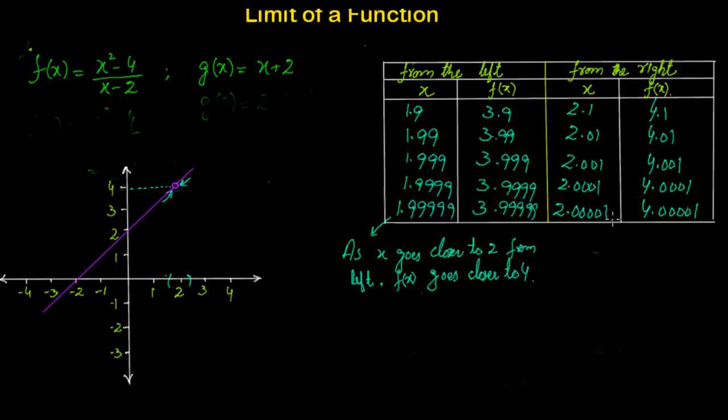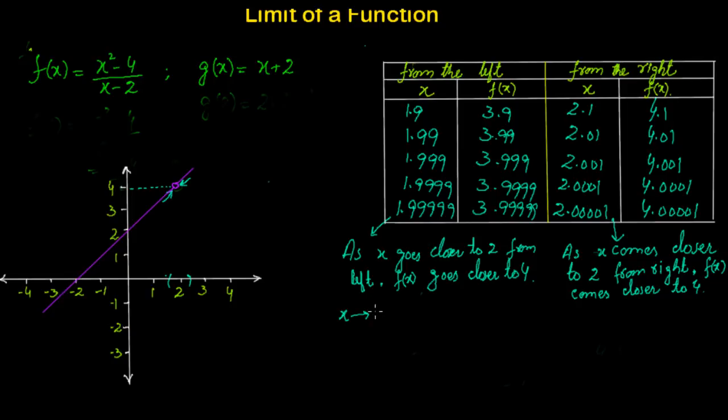Similarly, these two columns tell us that as x comes closer to 2 from the right, f(x) comes closer to 4. Symbolically, we will write it like this: